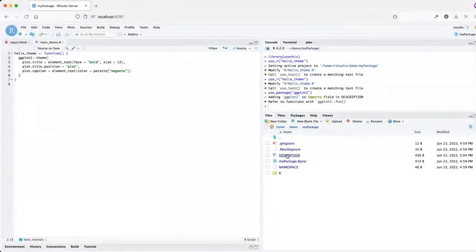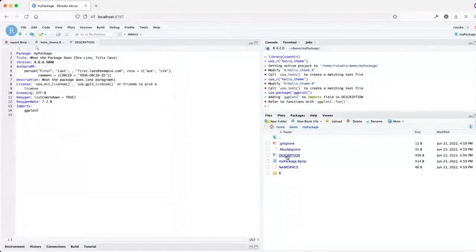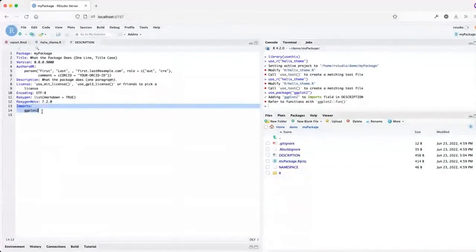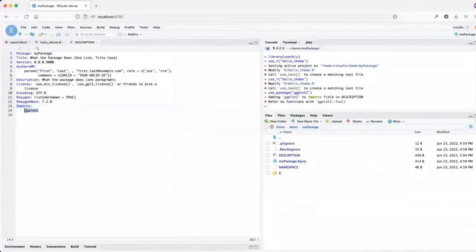We can go back to the description file and take a look to see if we can find ggplot2. And you can see there's a field that was added at the very end of the description. It could be kind of anywhere in here, really. But it says that our package imports ggplot2, which is a fancy way of saying that in order to use our package, you also have to have ggplot2 installed. So what happens if someone is wanting to use your package and they don't have ggplot2? What does that line do?